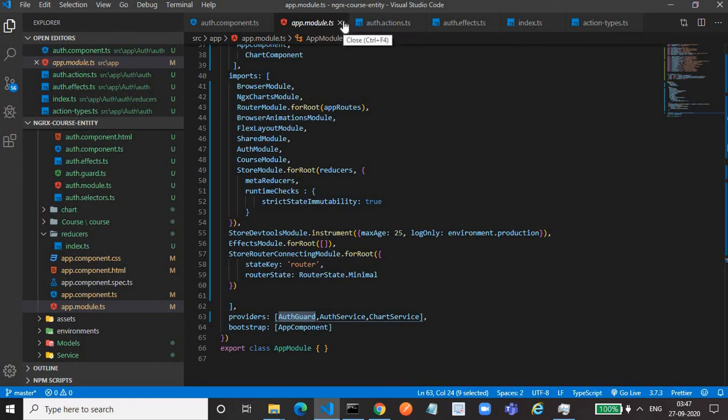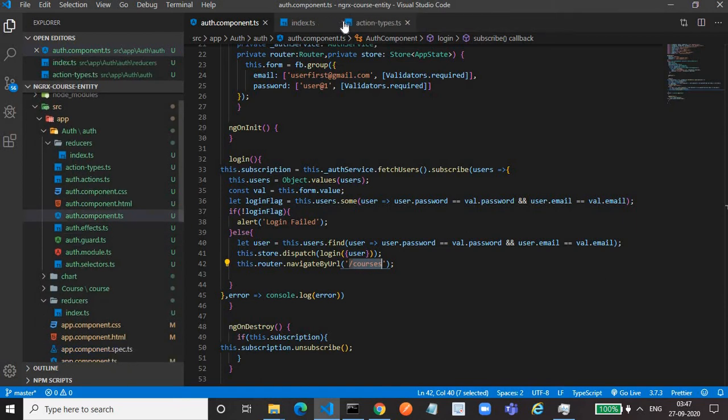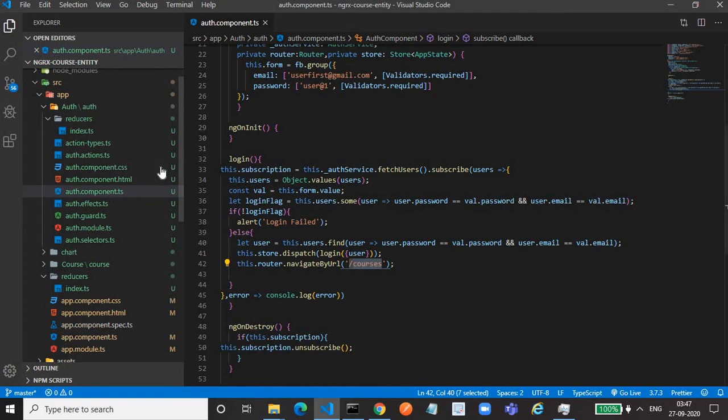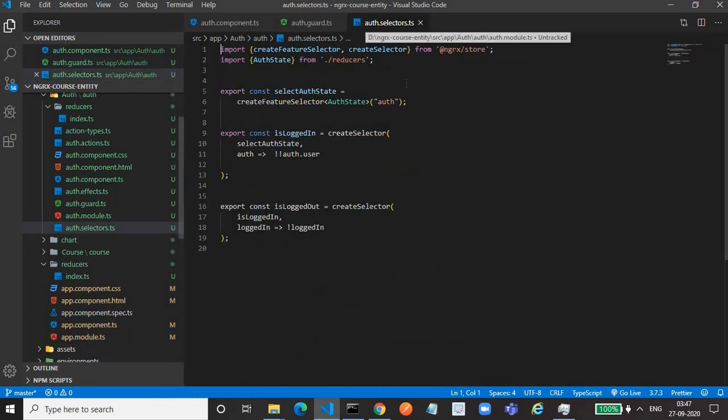The next step is we'll look into the auth guard. Let's open the authguard.ts file along with the auth.selector.ts file. Before going to the auth guard, let's have a look at the selector file.